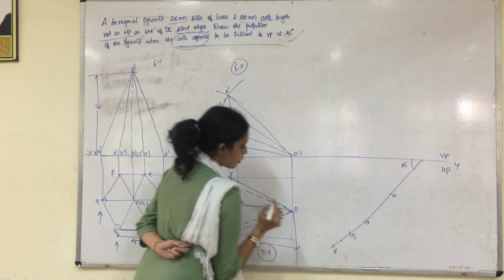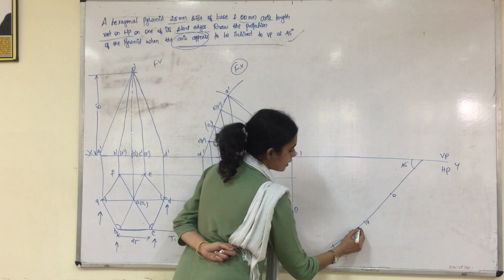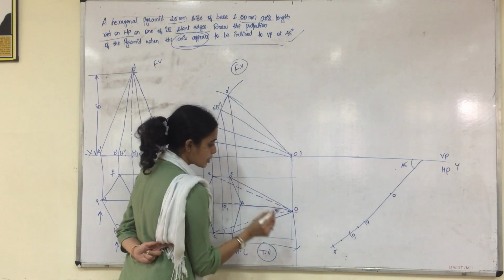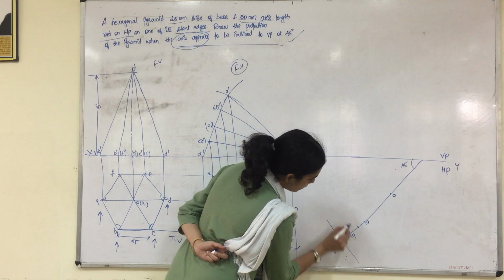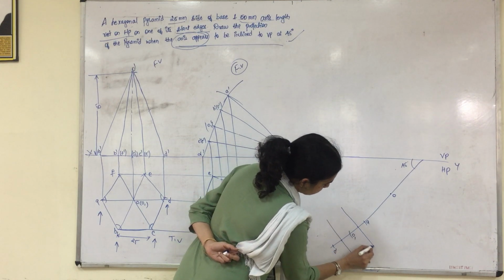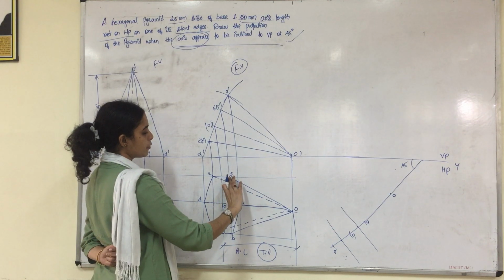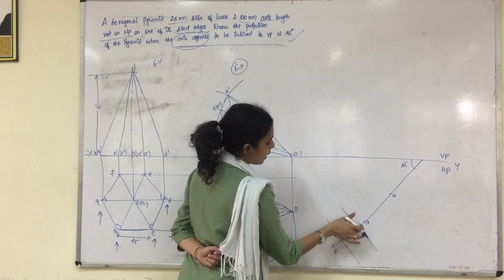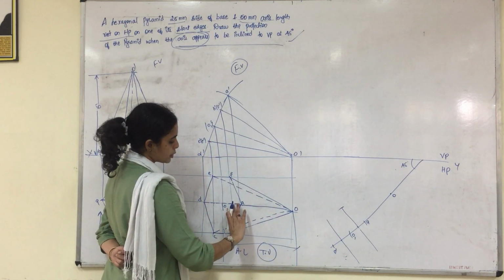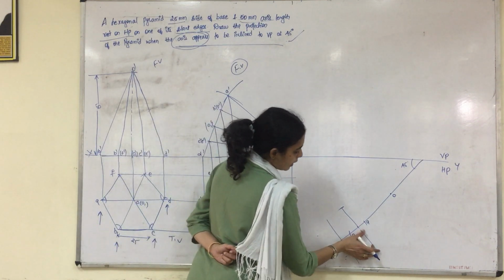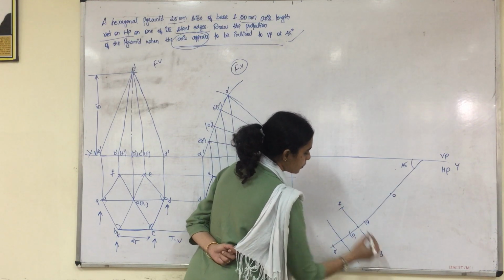Just make a reference point. And again from O1 to this midpoint, what is the distance is. Just make a reference point. So from there, you just start drawing a perpendicular line. After that, you measure from this midpoint to F what is the distance and cut an arc. Similarly, from this midpoint to B, what is the distance and you cut an arc. So you got F and B.